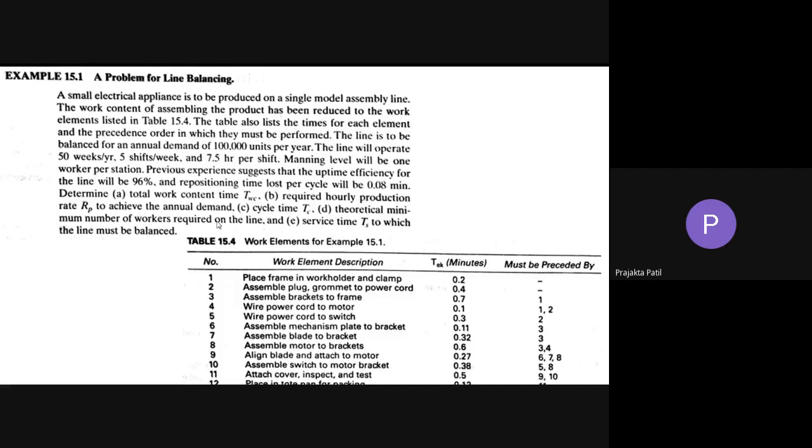When they say apply the largest candidate rule, or any of the other two methods, you will have to follow the procedures with respect to those methods and solve the problem. So the very first step will remain the same, that is the analysis of the manual assembly line. You have to find what is TWC, what is TC, what is TS, what is RP. All of these things you will have to find first, and then you will have to find the line balancing efficiency.